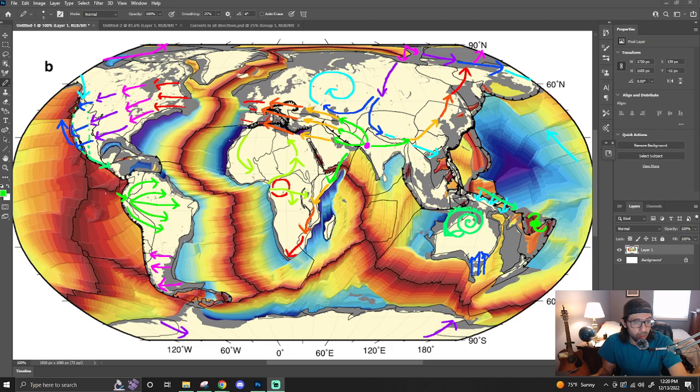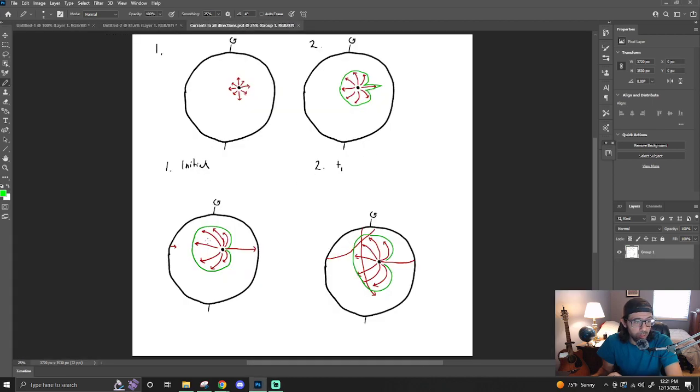Initially, the two currents, I believe, form essentially a point where they divert in different directions. Some of the current goes up this way, some goes up this way, and then down and down. And so there's a pinching point, which I believe is where Hawaii was forming, between the pinches of the most focused currents, exactly these lines where they're really